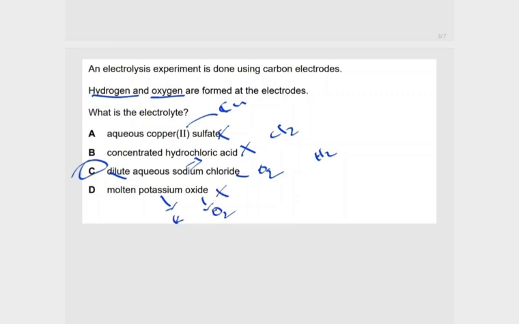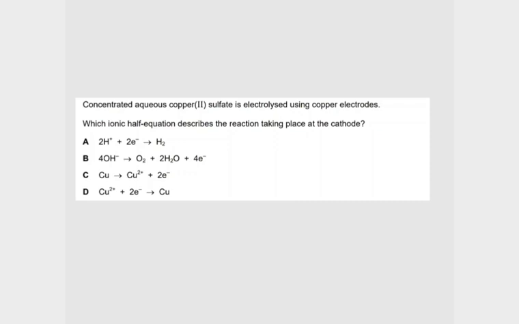So not the option. Concentrated aqueous copper-2 sulfate is electrolyzed using copper electrodes. Which ionic half equation describes the reaction taking place at the cathode? So we are looking at the cathode. That's the negative electrode. So it's either copper-2 plus. Since it's aqueous, we also have to consider H plus. And clearly copper-2 plus will be preferred over H plus because copper is less reactive than hydrogen on the reactivity